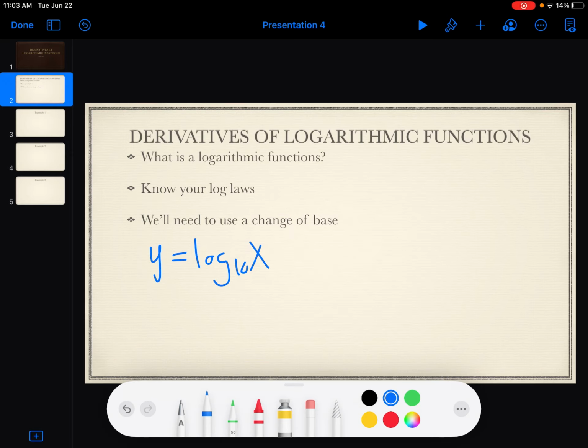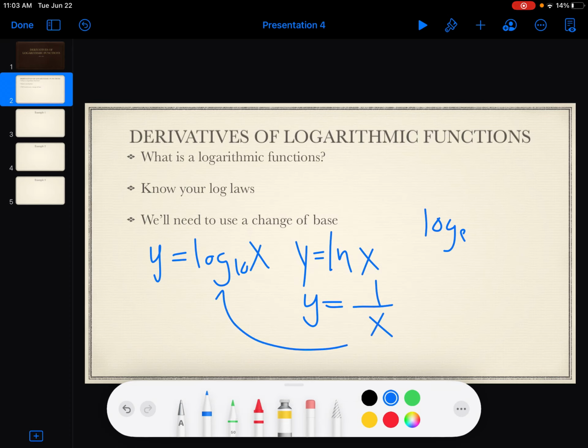So far what we have seen is stuff like ln x, and this is a logarithmic function as well. Obviously, this is just log base e, and we write it as ln. The derivative of this we found to be just 1 over x. But what about something with log base 10 or log base